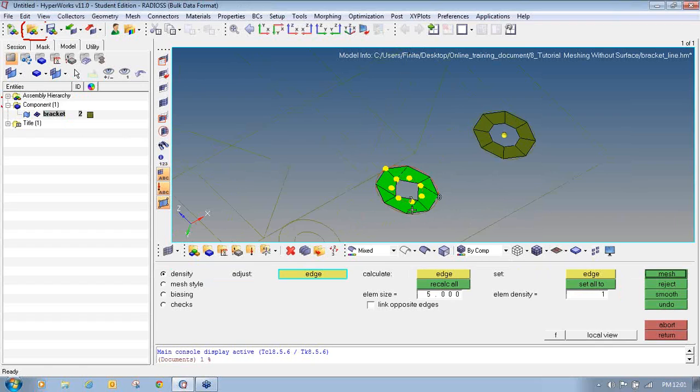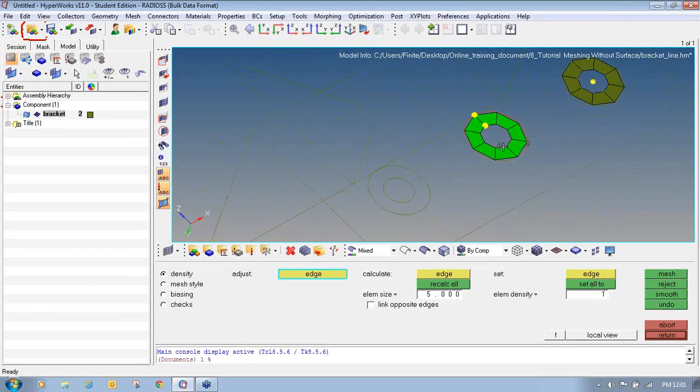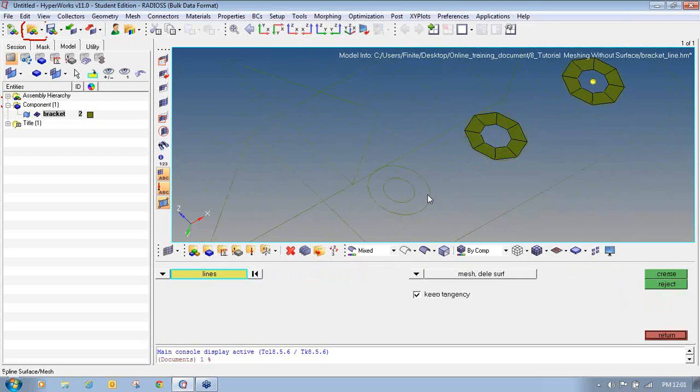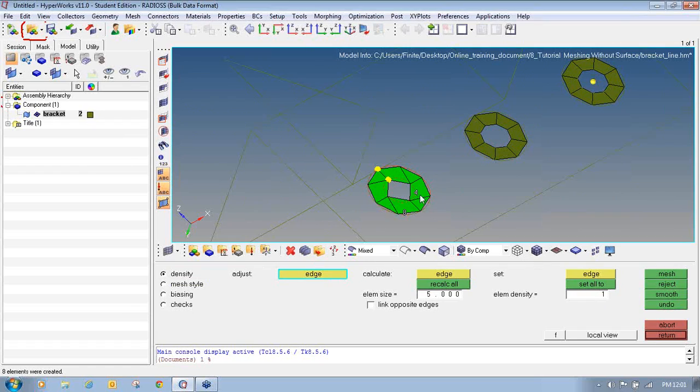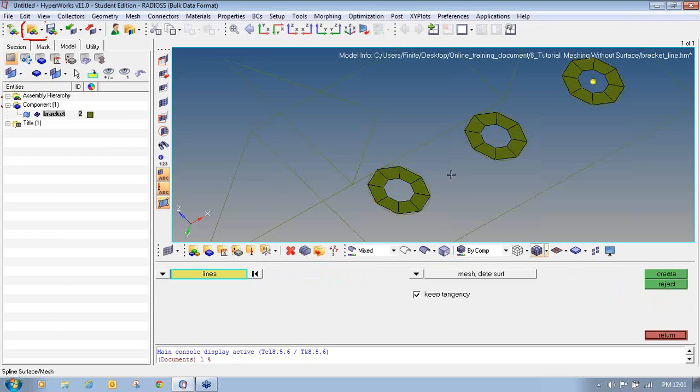I will change the number of nodes for the interior circle by left clicking on it, say return. Again I will select these two lines, say create, change the number of nodes by left clicking on the number and say mesh again and then return.